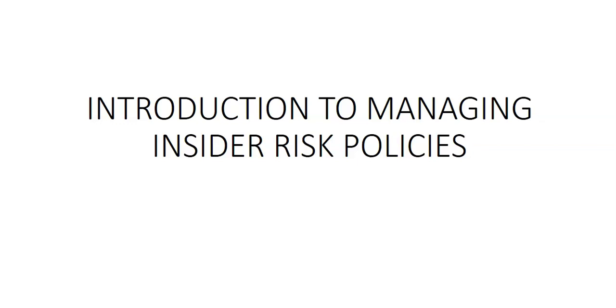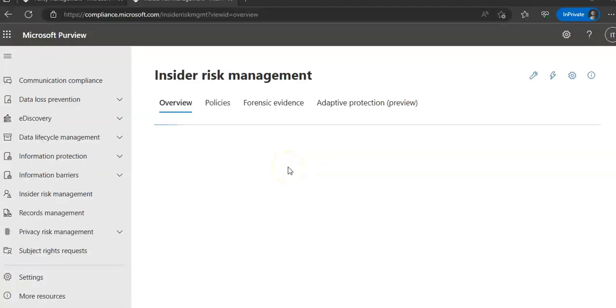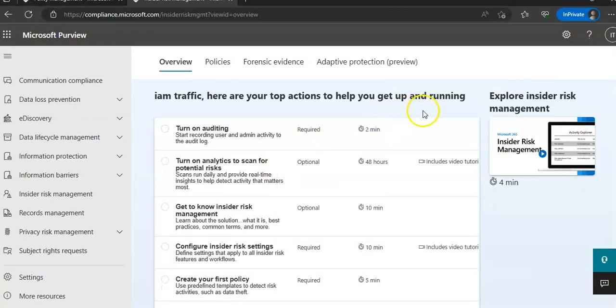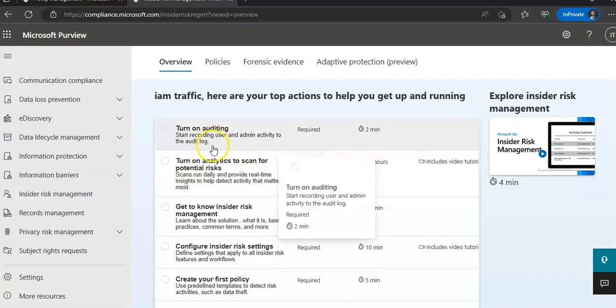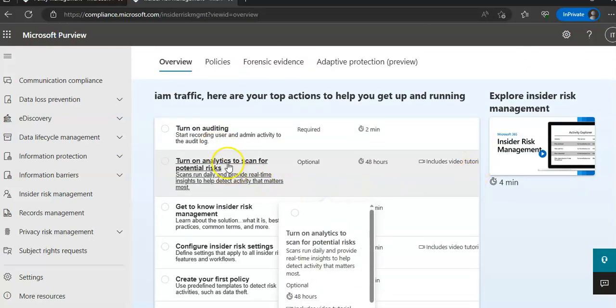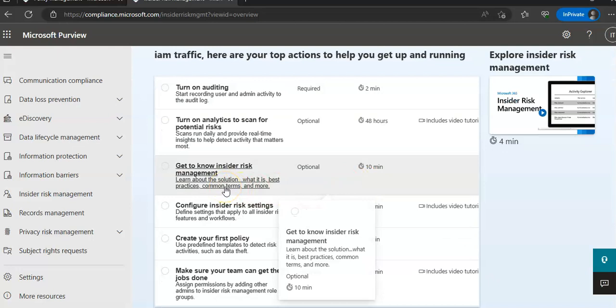So let me just quickly log on to the compliance portal and take it from there. Okay, I'm trying to log on to the portal. Okay, here are the top actions to help you get up and running. So I'm on the insider risk management overview. It says turn on auditing, turn on analytics to scan for potential risk, get to know insider risk management,